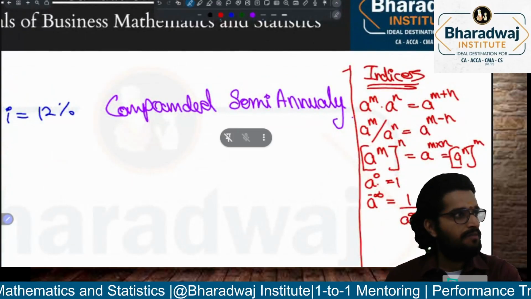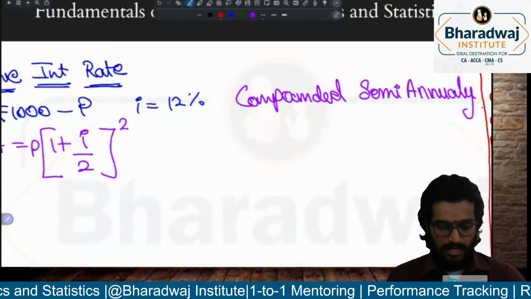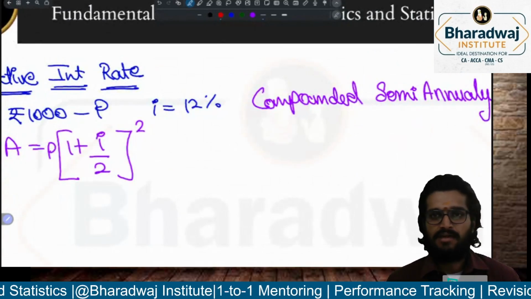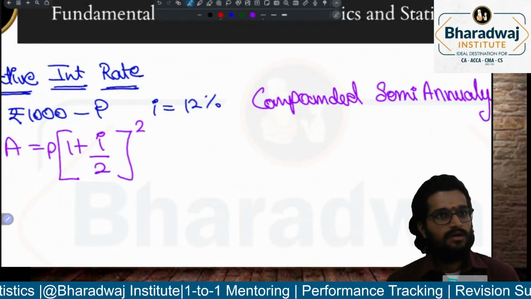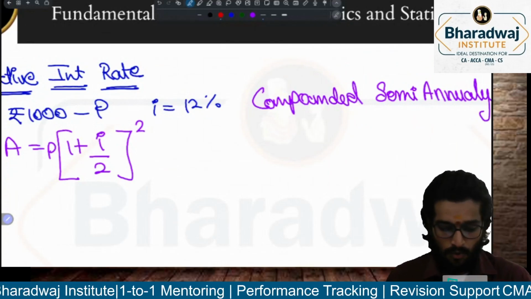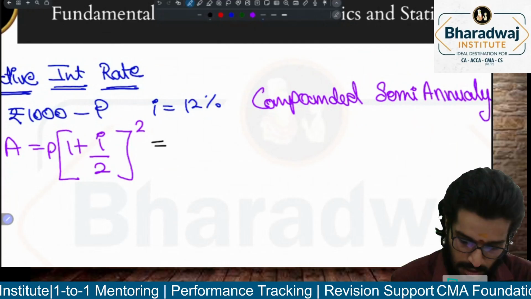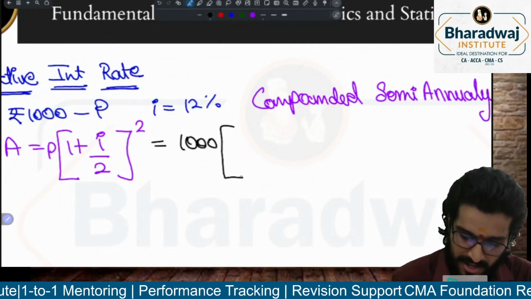So, I'm just using this indices concept here. I have (1 plus I by 2) the whole power 2, right? Which is the amount at the end of 1 year. Now, 1000 multiplied with